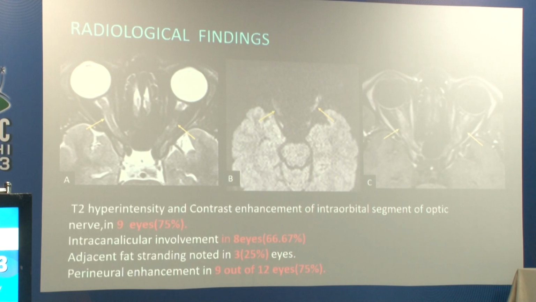Coming to the radiological findings, in the first image you can see the T2 hyperintensity and contrast enhancement, which was found in 75%. Perineural enhancement, which you can see in the third image, was also found in 75%, and intracanalicular involvement was seen in 8 eyes,